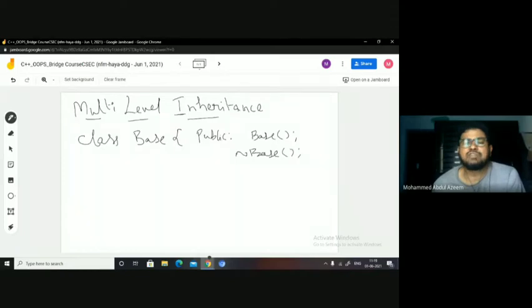I have some functions also. I am not discussing the functions. Functions and member scope I have already defined with the help of the scoping, right? And the writing of the functions is very similar to that of your normal function itself, right? But here I just wanted to bring to your notice that if you have constructors and destructors in the base class, how those constructors and destructors are going to be invoked when the derived class object is created and when its scope is going out.